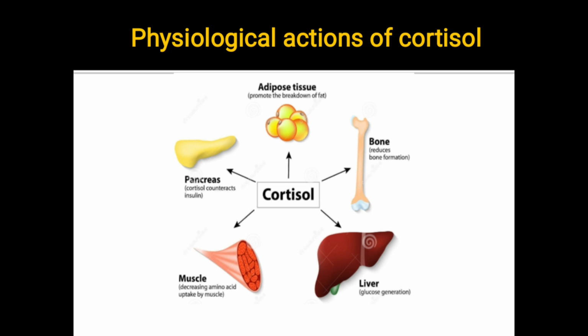So I have listed out the important physiological actions of cortisol. In the liver, gluconeogenesis is favored, that is production of glucose from non-carbohydrate sources. In the muscle, proteolysis occurs, which converts muscle proteins into amino acids, and these amino acids are channelized to the liver for gluconeogenesis. In the adipose tissue, again lipolysis occurs, and the products are again channelized to the liver for gluconeogenesis. Cortisol is a pro-diabetogenic hormone which causes hyperglycemia. On bone, it reduces the bone mass, and this can lead to osteoporosis and subsequently fractures.